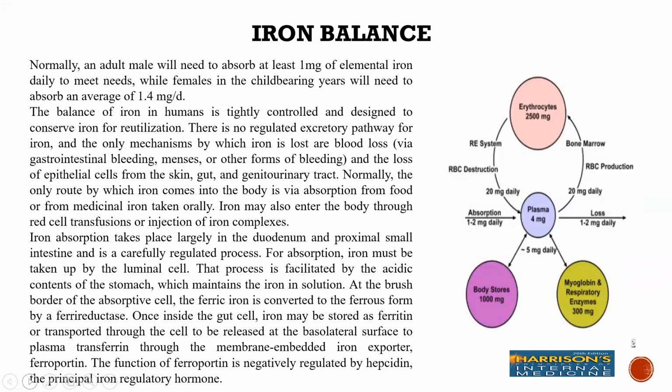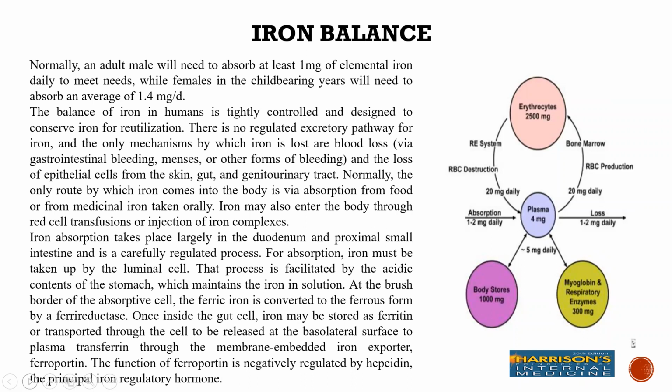Normally, an adult male will need to absorb at least 1 milligram of elemental iron daily to meet needs, while females in the childbearing years will need to absorb an average of 1.4 milligrams. The balance of iron in humans is tightly controlled and designed to conserve iron for reutilization. There is no regulated excretory pathway for iron, and the only mechanism by which iron is lost is blood loss via gastrointestinal bleeding, menses, and other forms of bleeding, including hemorrhoids, and the loss of epithelial cells from skin, gut,